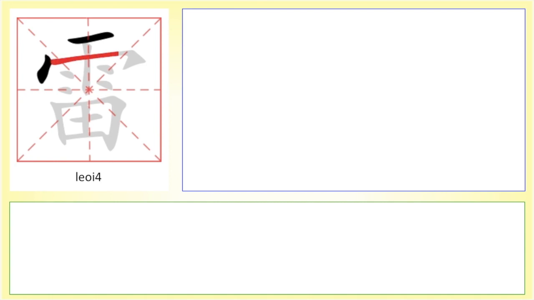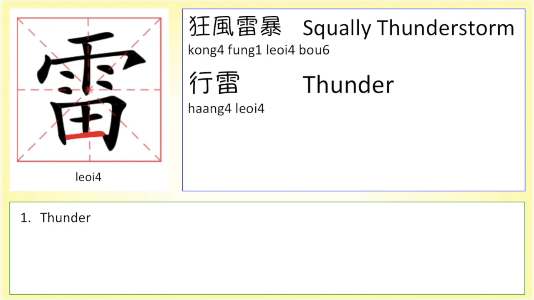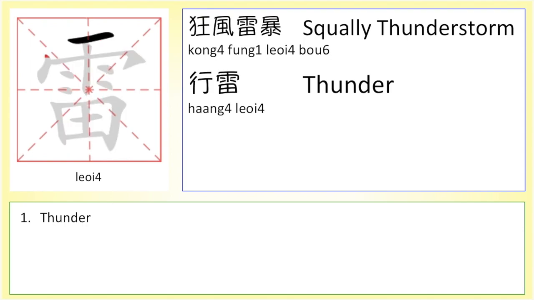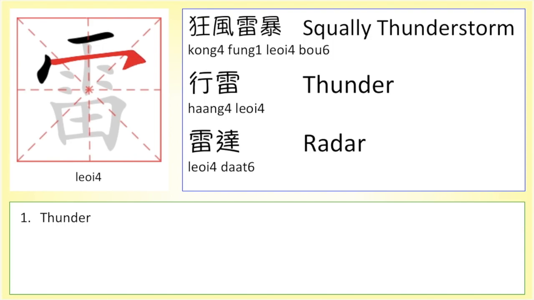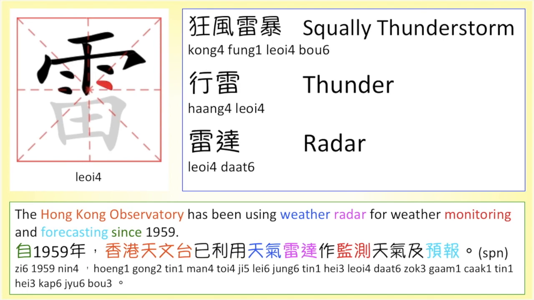The fourth character is 雷, meaning thunder. For example, 狂風雷暴，行雷，雷達。自1959年，香港天文台已利用天氣雷達作監測天氣及預報。